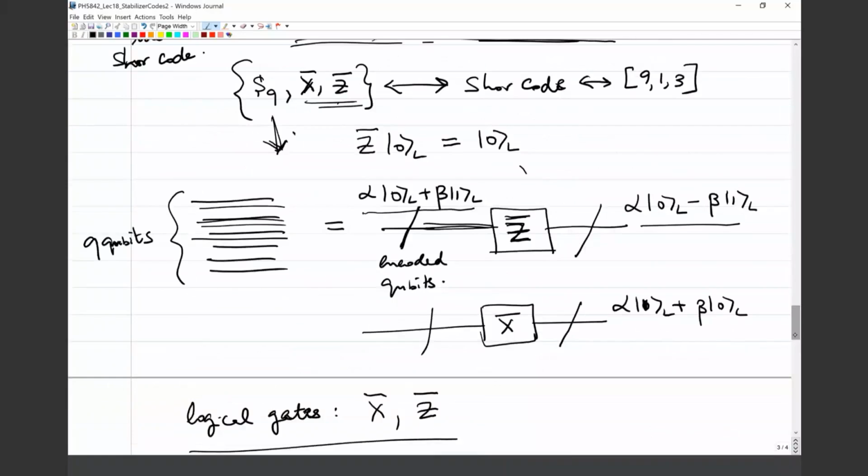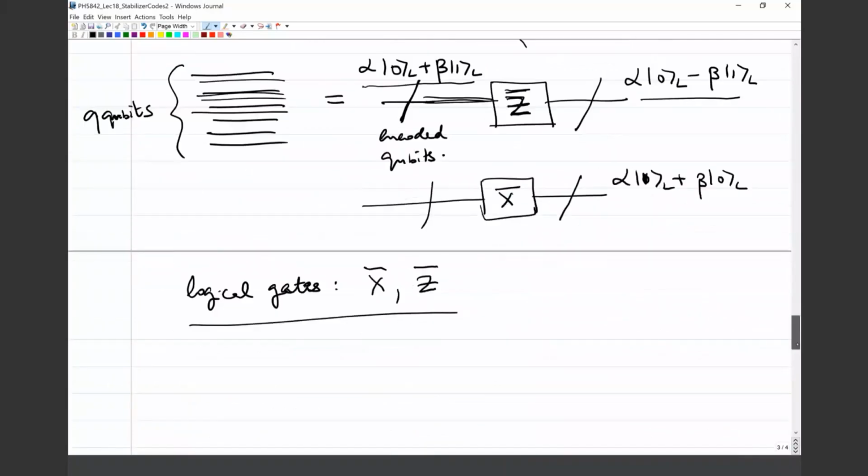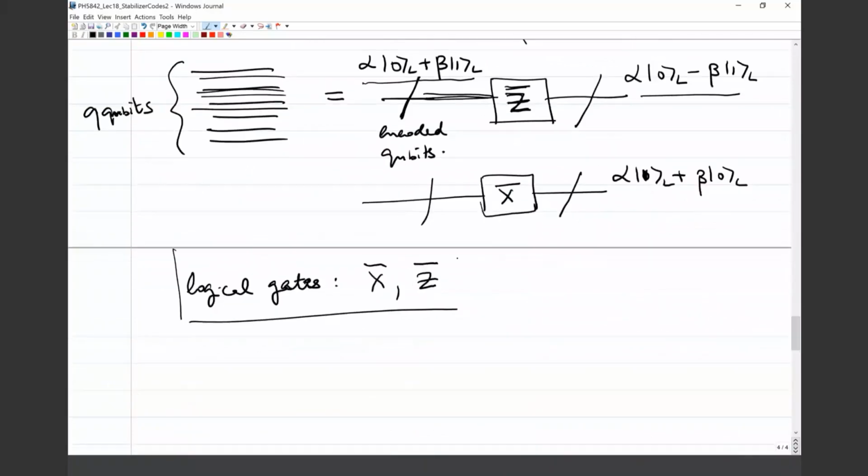So X bar and Z bar also serve the purpose of representing at least a pair of the Pauli gate set, at least some of the gates that we need in order to do universal quantum computing. Okay, fine. I'll discuss logical gates a bit more. That's the next thing, in fact, that I want to discuss, but I also want to write down two other